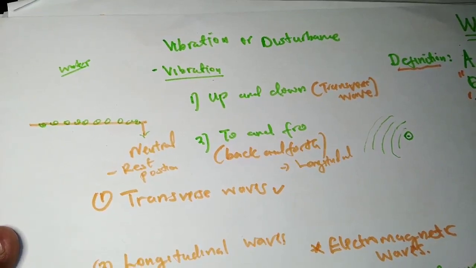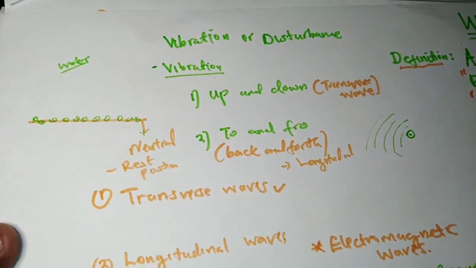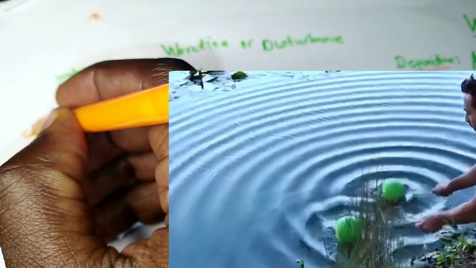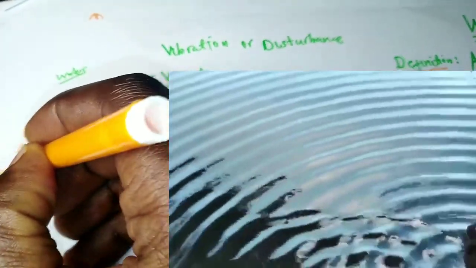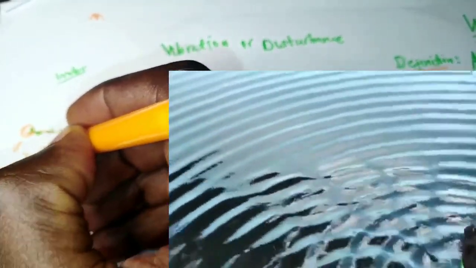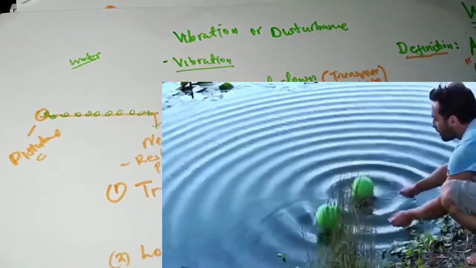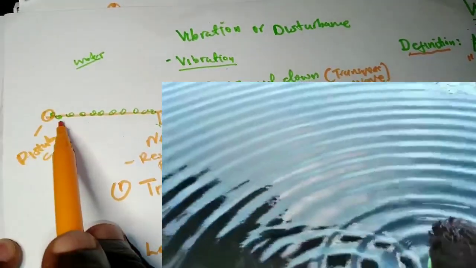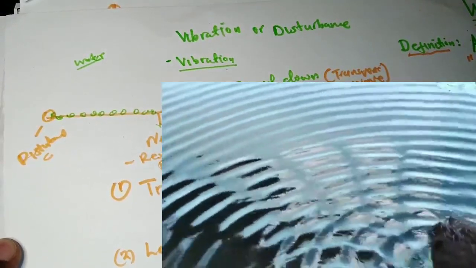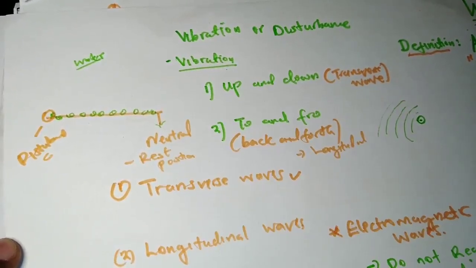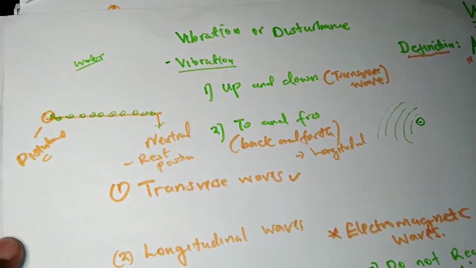Here is a man disturbing the water. Let's say he decides to disturb the water at this part. It causes a disturbance there. What will happen is that these particles will begin to vibrate, and once the particles begin to vibrate, they transmit energy, and then the waves are formed.